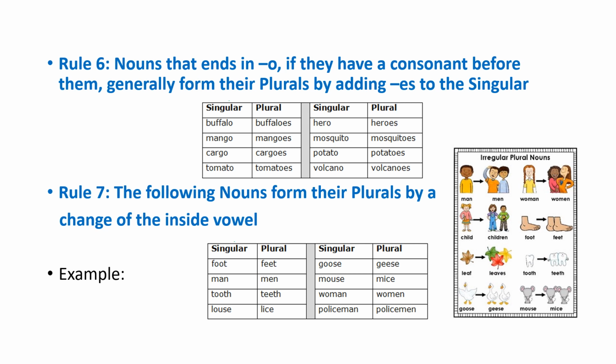Here I have seen so many of you making mistakes. After every word you are simply adding s and you are thinking that you have changed the number of the noun. But it's not like that. Children, you have to remember the rules, memorize the rules, and accordingly you have to change the number. Then only you'll be getting the correct answer. Why am I giving you so many examples? So that you can memorize it, write it again and again, and try to get the correct answer every time.